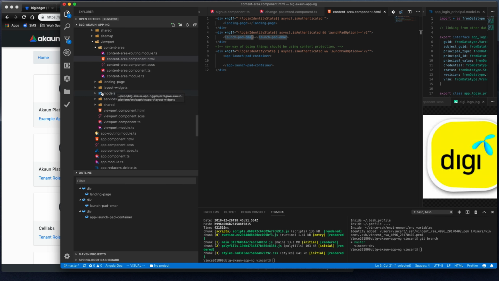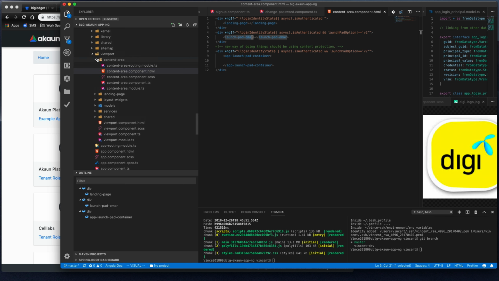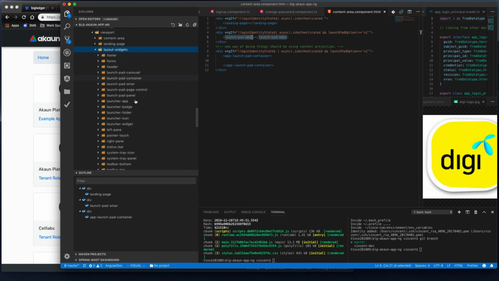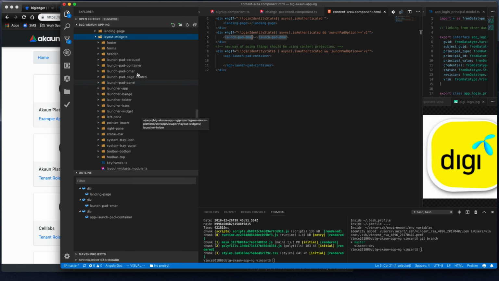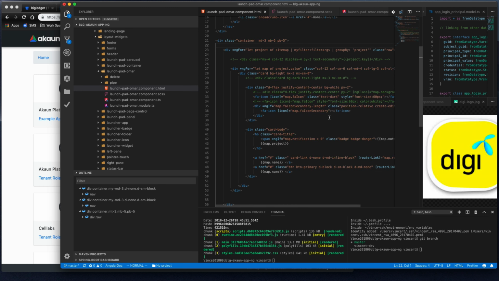So if I go to the layout widget, then we actually have a Launchpad Omar. So if we look at the Launchpad Omar component HTML,